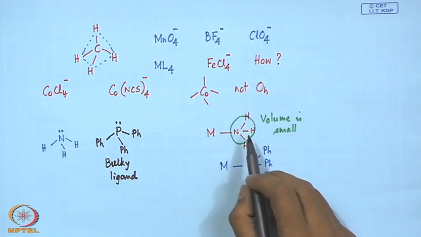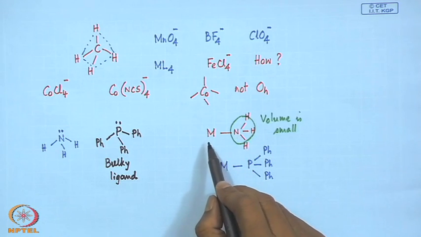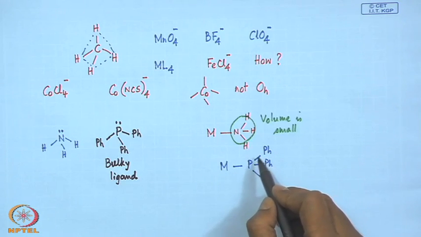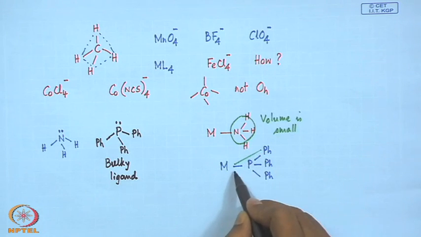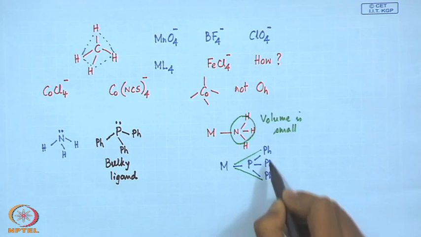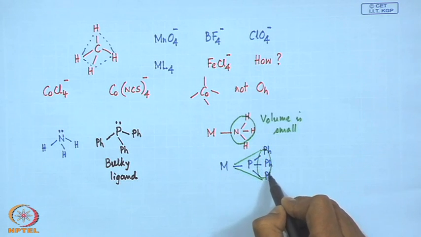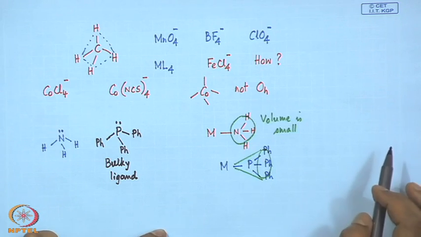So, this particular ligand volume will not control the corresponding geometry around the metal center, but when we have this phosphine binding, we have a funnel type of structure,